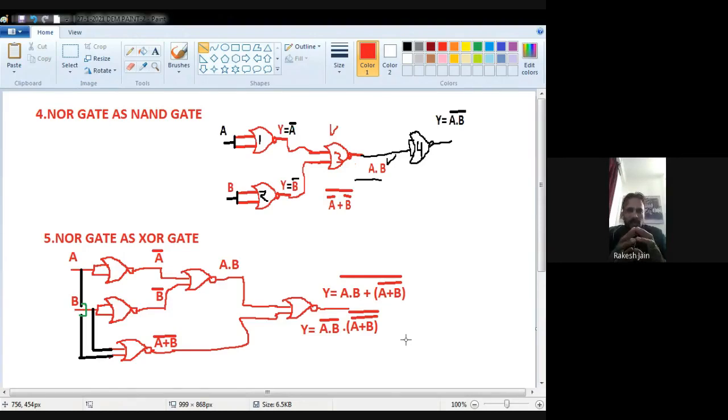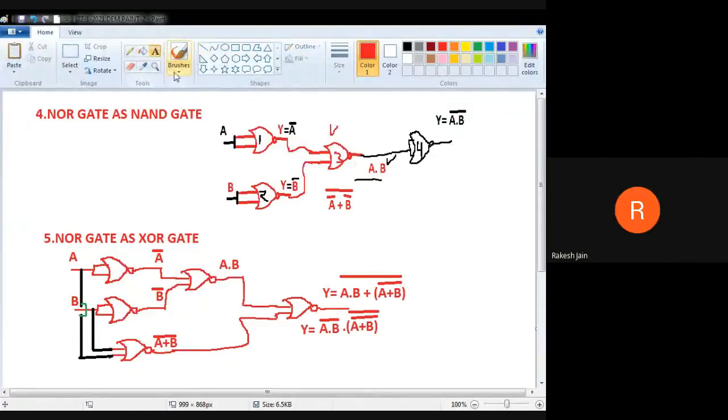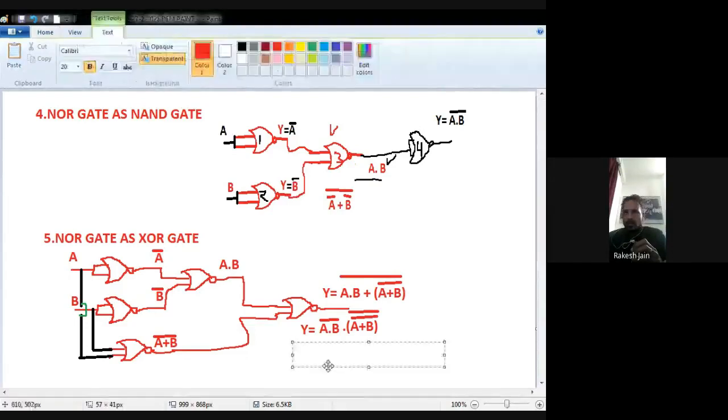So here the first thing is AB and the second thing is A plus B bar. Write down those two things separately having a dot instead of plus. So the first thing is A dot B, plus will be converted into a dot now. Then write down A plus B bar, okay, then put a bar on both those things. So the first thing A dot B having a bar and the second thing A plus B bar having a bar, okay.